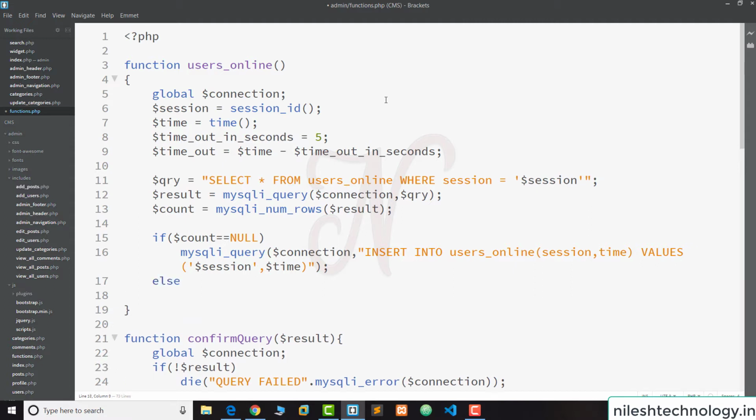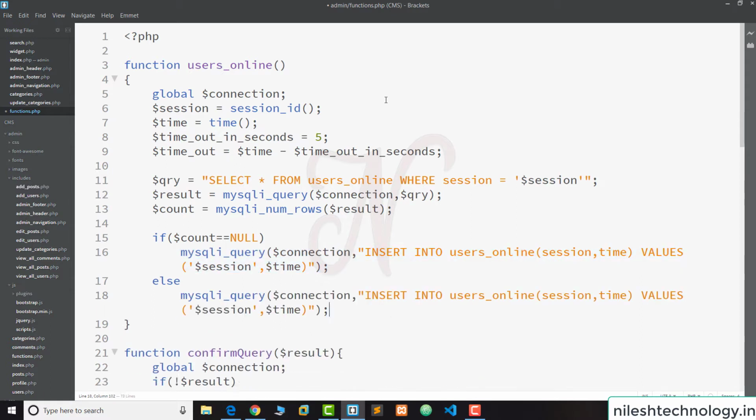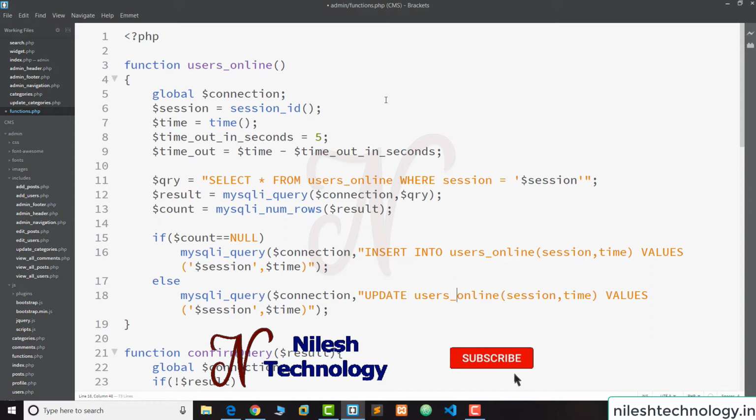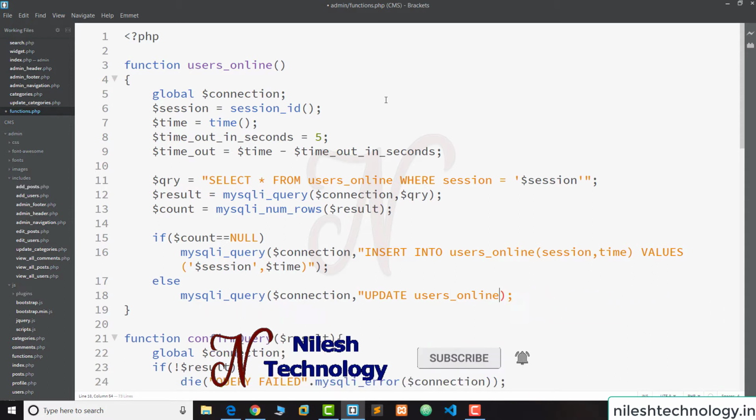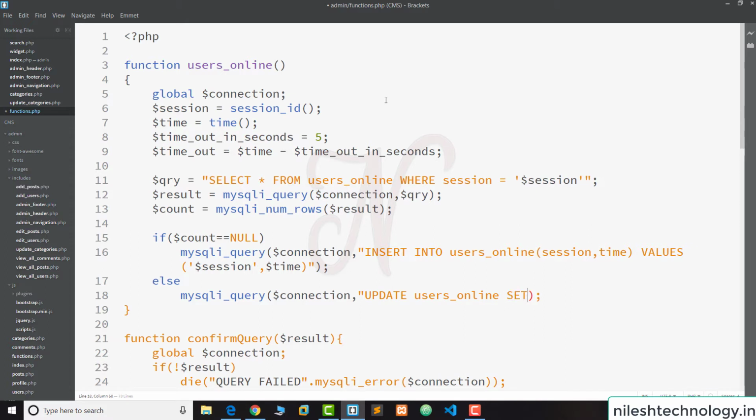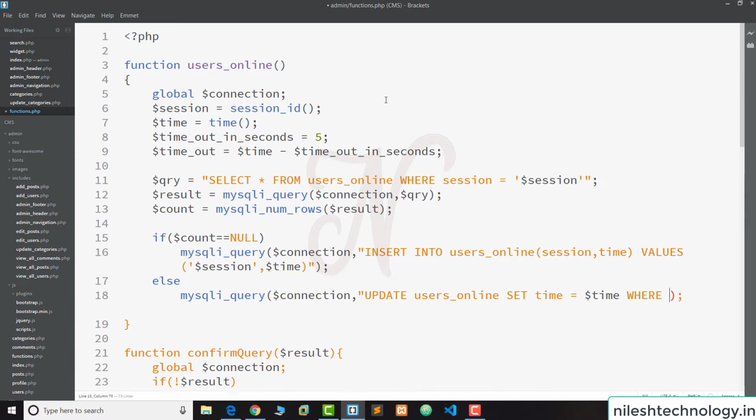Otherwise, in the else branch, we update the query and set the time. Here: update users_online set time equals $time where session equals $session.